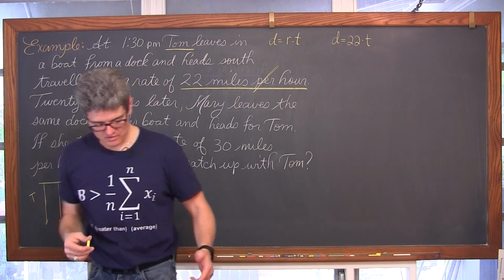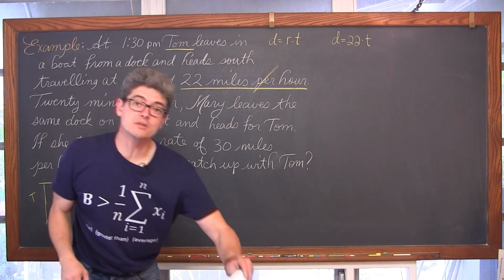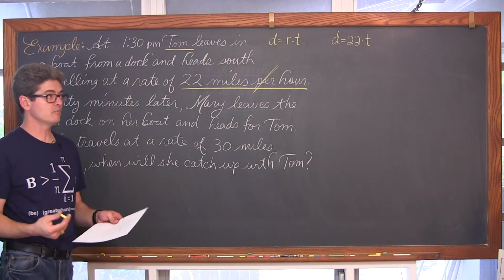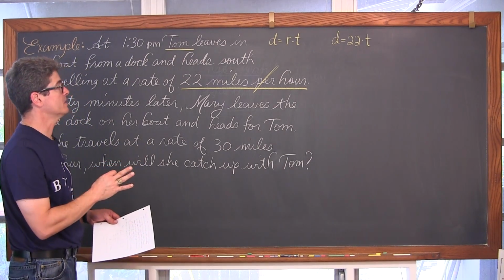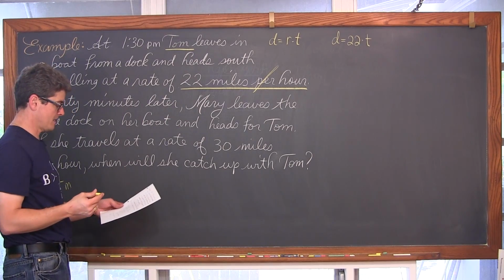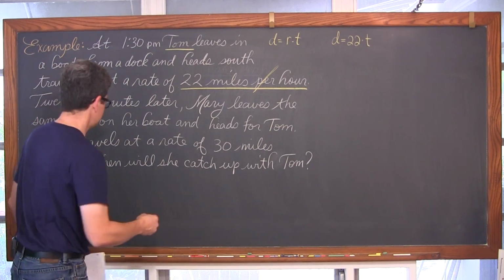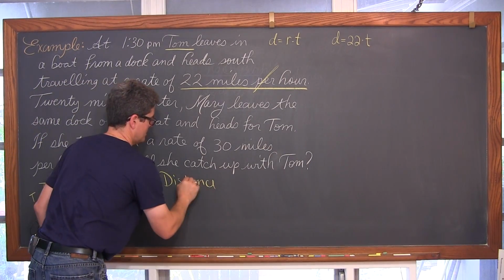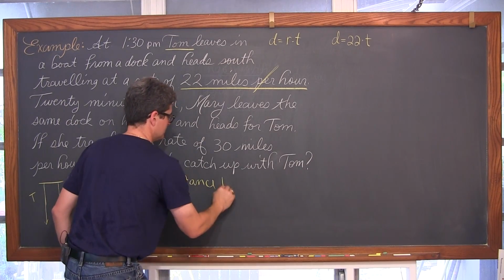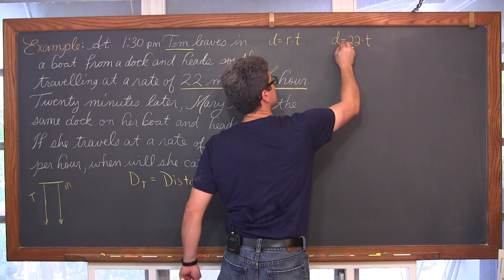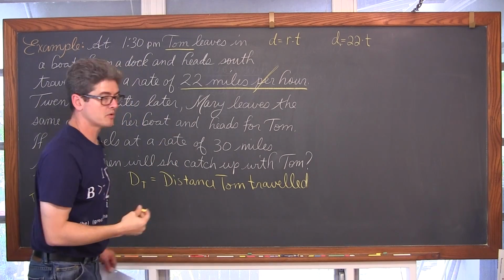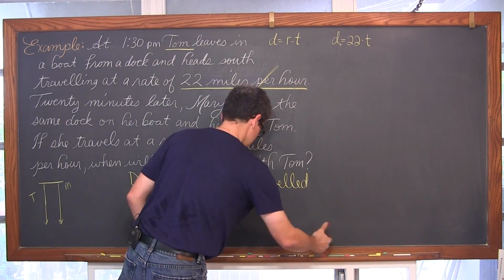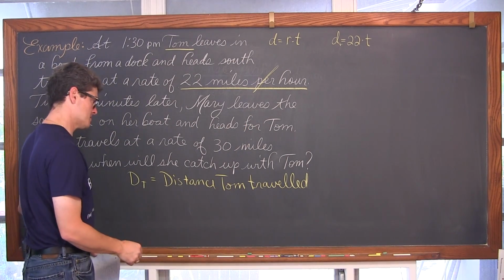Now, I'm starting to realize that I'm doing the same thing I did in the previous video, which is I'm not defining my variables. So I've said I've done it in yellow, but in my notes I did d sub t is the distance Tom traveled. So let's put a little subscript of t in there. I'm going to do it in color coding with yellow anyway, and then let's do blue, which will show up pretty good against the yellow.